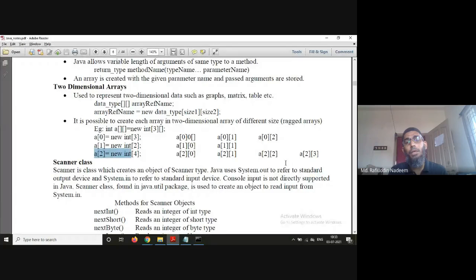But in C, for data types other than strings, it is not possible. You cannot create ragged arrays for integers, floats or doubles. Whereas in Java, for any data type, you can create a ragged array where each single array will be of different size.